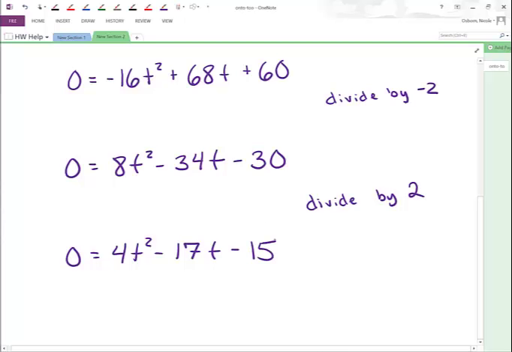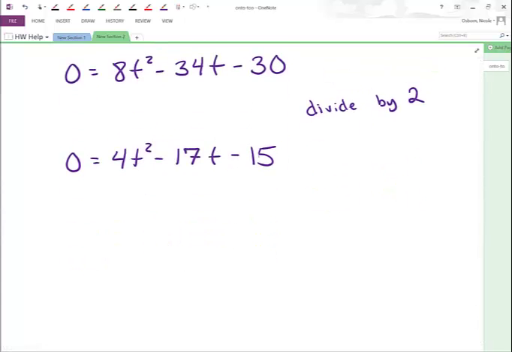Now keep in mind the reason why I'm trying to divide by the greatest common factor, or in this case I've divided it step by step because I couldn't see the greatest common factor right away, which is fine if you don't see it right away. The whole idea is so that I'm working with a simpler equation to factor out. Right, so at this point, we can use a couple different methods to factor this out. I can use the AC method, which you may be familiar with from college algebra,